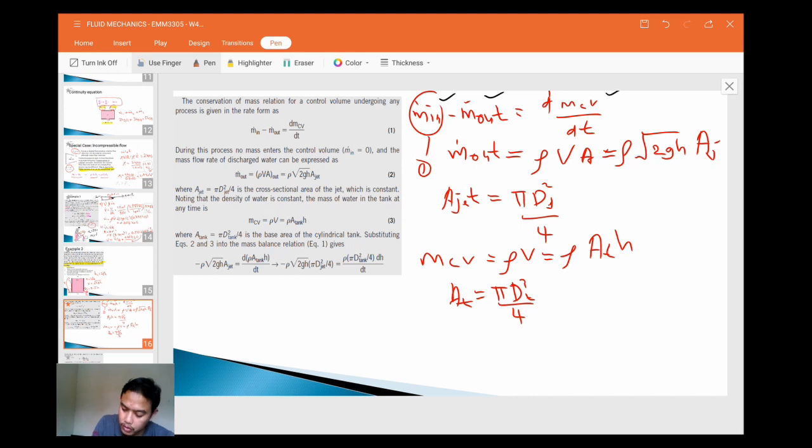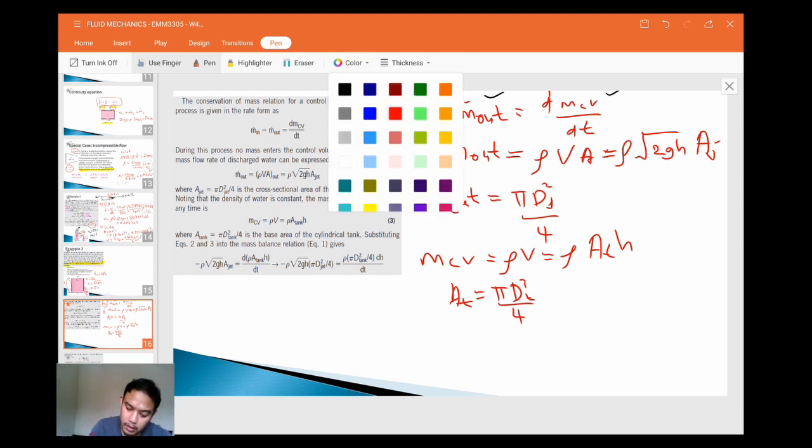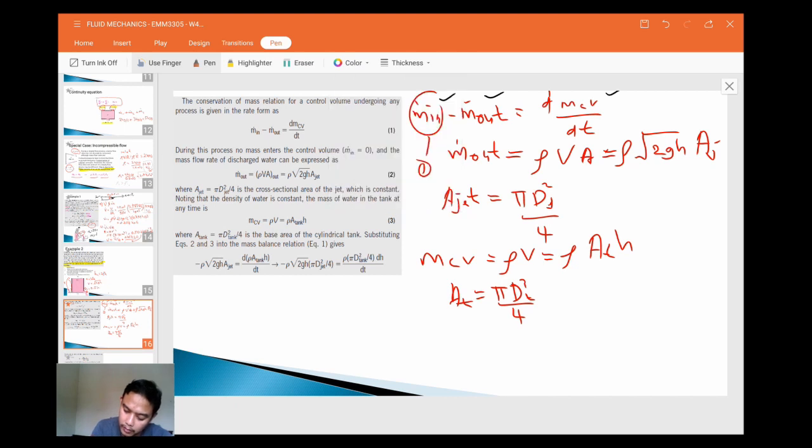So when we put all these things inside the main equation,